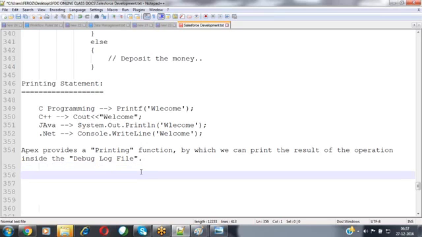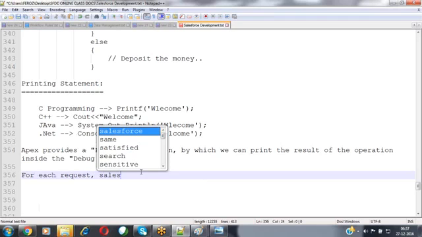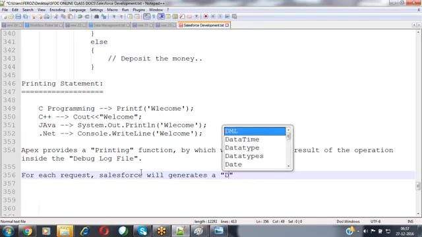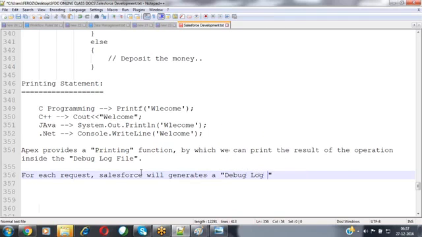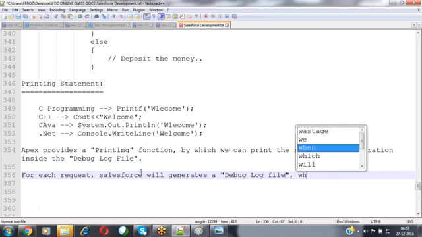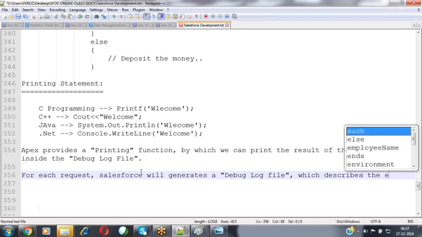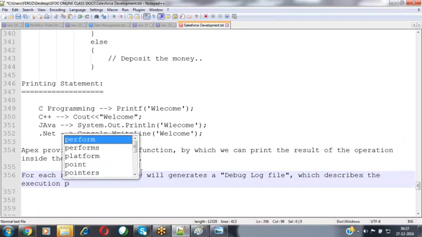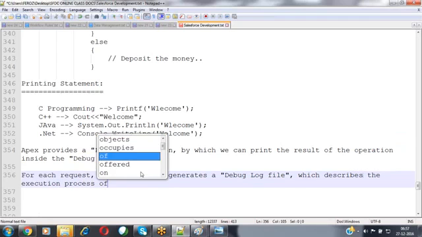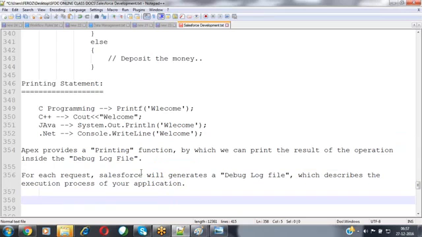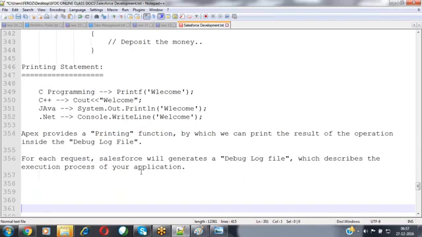So for each request, Salesforce will generate a debug log file which describes the execution process of your application. The debug log file will be sent to you.